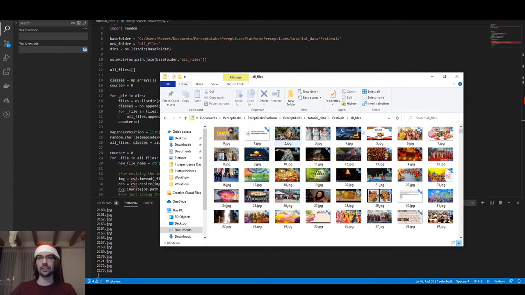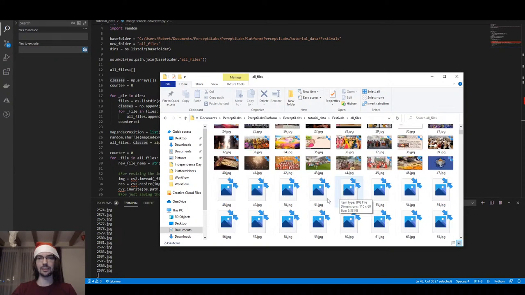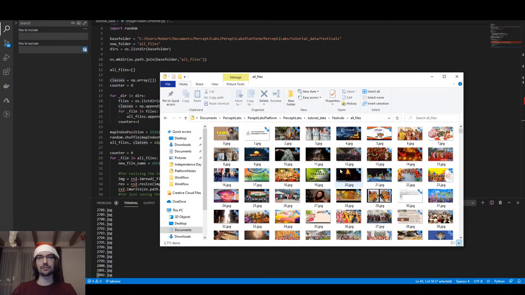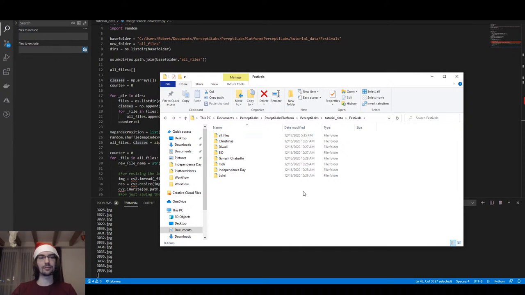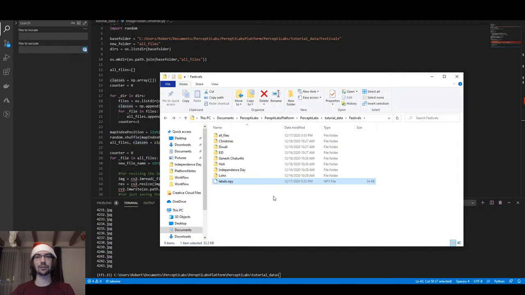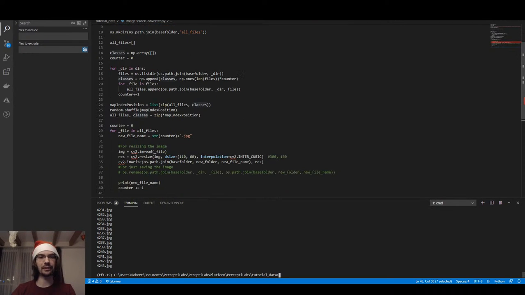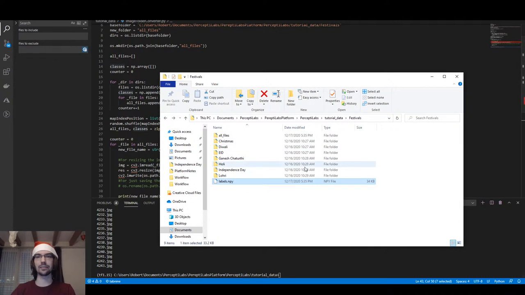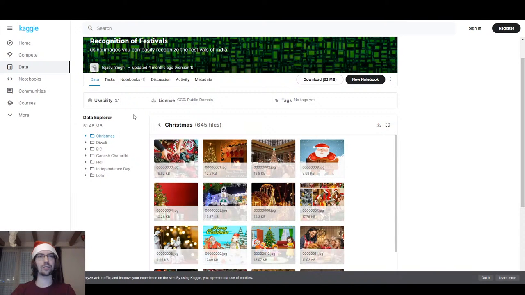So you can see here, they're completely randomized compared to how they would be before. And as soon as it's read in all the different images, we will also get the little numpy file at the end, which is just a list or numpy array. There we go, of all the different classes, from 0 to 6. Alright, so now we have the data. So then we can just jump straight into PerceptiLabs